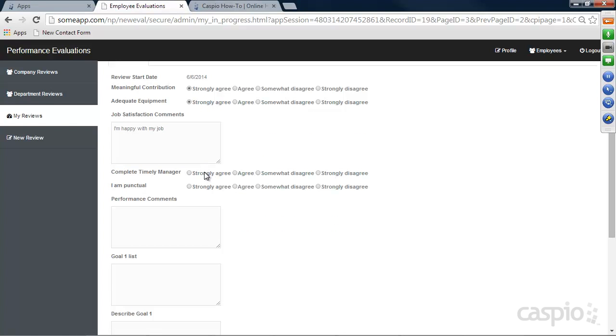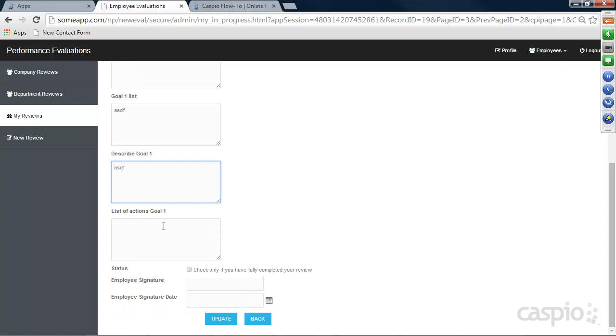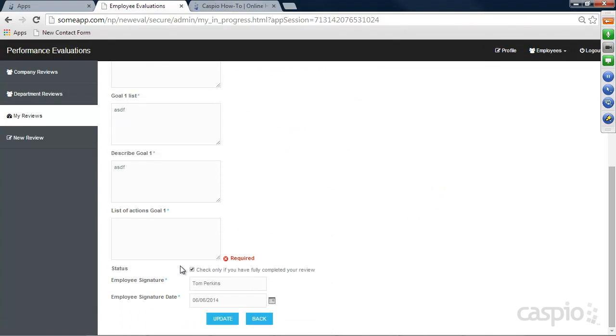Now let's go ahead and complete everything, and let's just say I leave this box empty and I say complete my review. I'm going to sign off as Tom Perkins, and I'm going to date this as today's date, and let's say I click on update. It's not going to let me submit because I missed this text area. I have to fill this field as well, and once I click the final update,